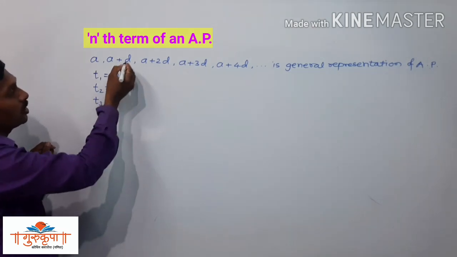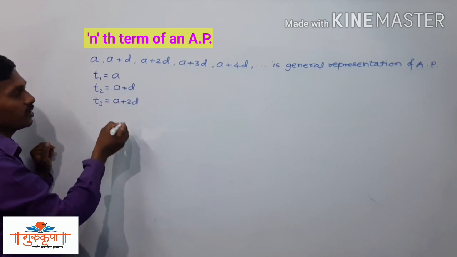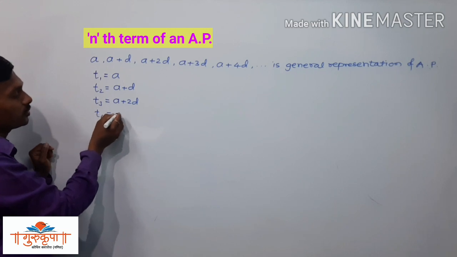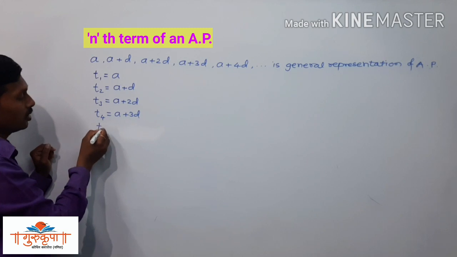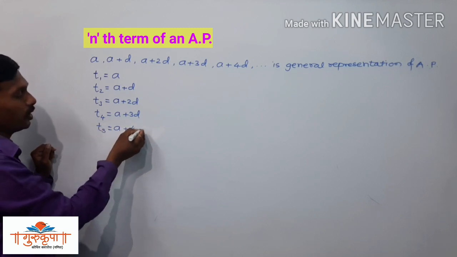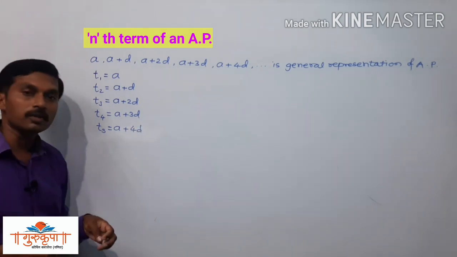Here it is given, T3 is a plus 2d. Now T4 is a plus 3d. Now T5 is a plus 4d. And suppose I ask you to write the 100th term of this AP,